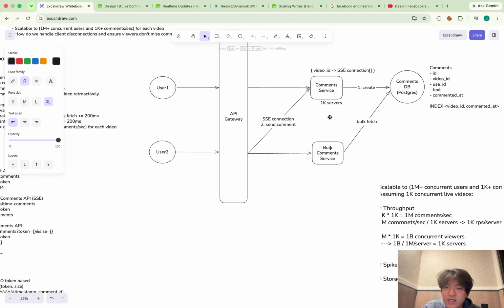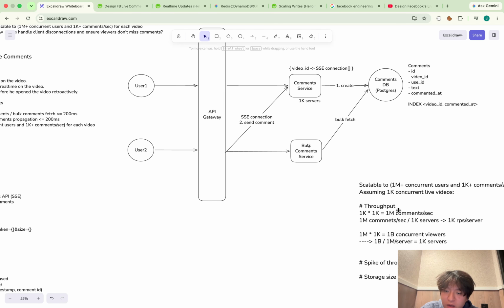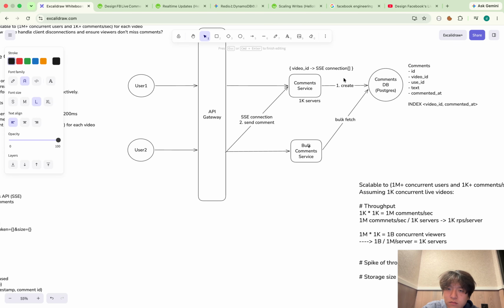So from the EC2 perspective, this is fine because a typical EC2 instance handles around 1K requests per sec. So this is okay. But for the database layer, the throughput is 1 million requests per sec. So this part is still 1 million requests per sec.